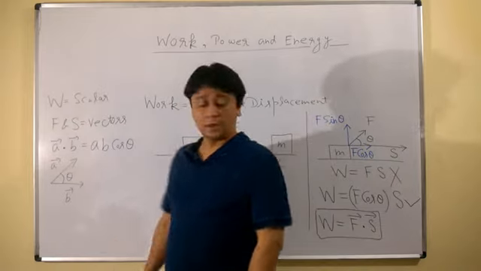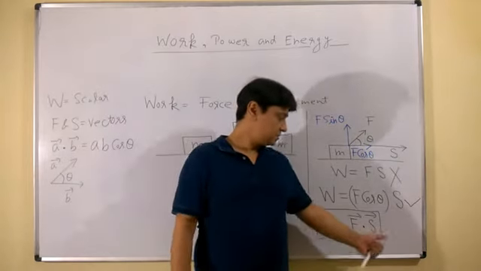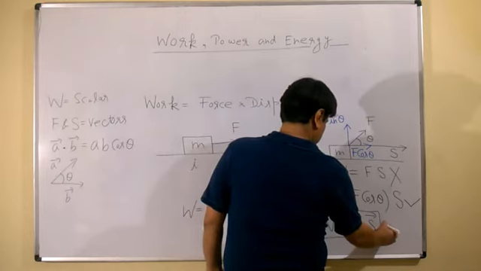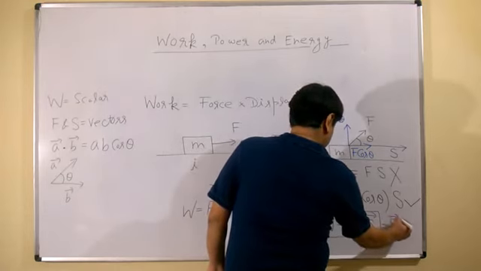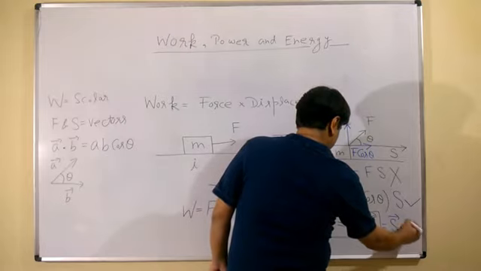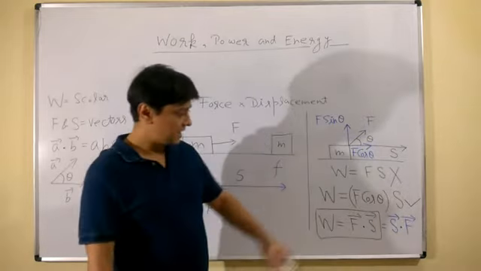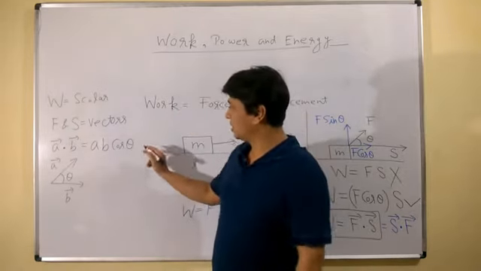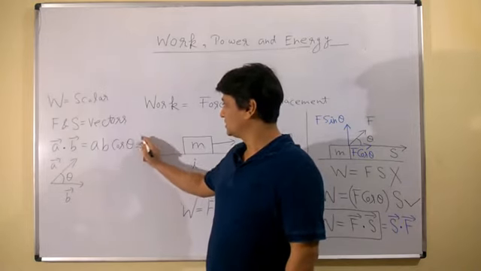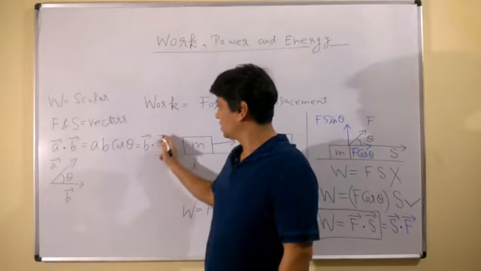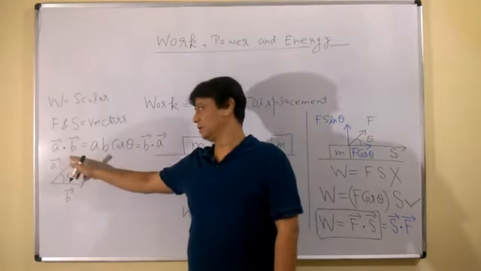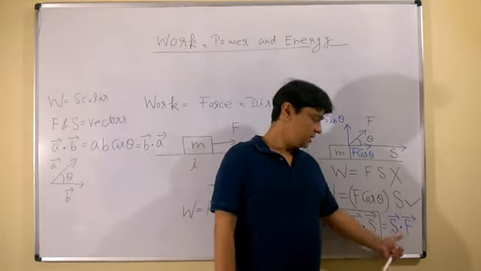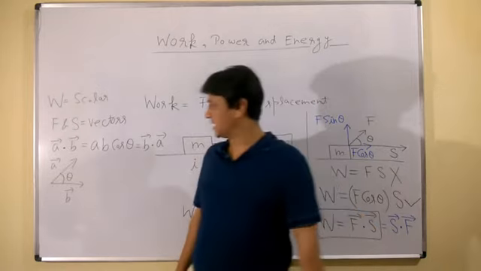Now, this F dot S, before we proceed, this F dot S, or if somebody writes like this, S dot F, it doesn't matter, they both are same. You can also mention like this. How come? Because A dot B is AB cos theta, which is same as B dot A. A dot B is same as what? B dot A. And therefore, if somebody writes F dot S or he writes S dot F, दोनों का मतलब क्या हुआ करता है? Same.